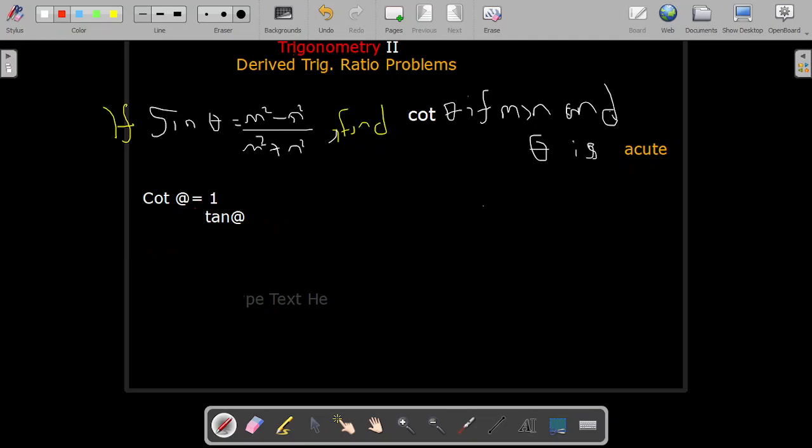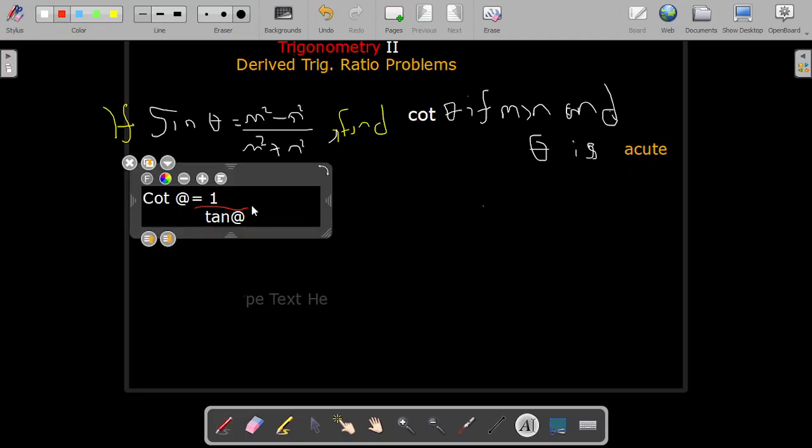Okay, right? So what do you have again? Since we know that tan is TOA, which is opposite over adjacent, the formula of tan is opposite over adjacent. Since we know that already, cot, which is the reciprocal of tan, is going to be adjacent